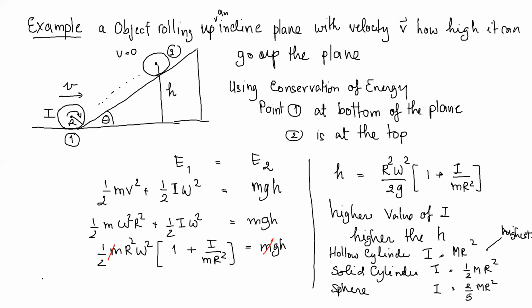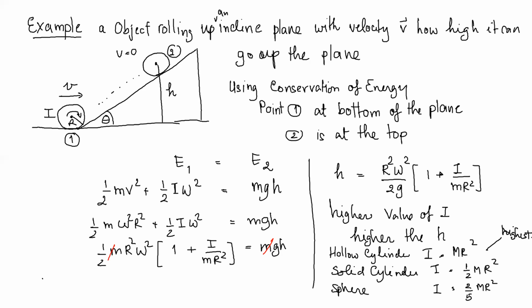And then I plug in v equal to omega R, because as the center of mass is moving, it's also turning. So one turn of the center of mass is equal to one radius. So it is 1/2 m omega squared R squared plus 1/2 I omega squared equal to mgh. And you pull out the mR squared, you get 1/2 mR squared omega squared times (1 plus I over mR squared)